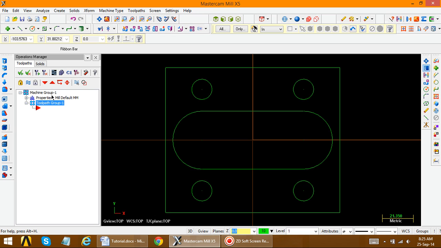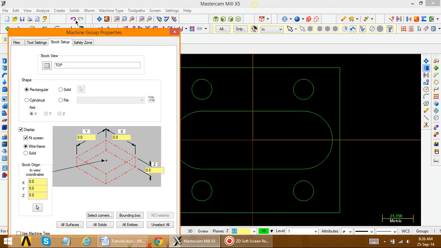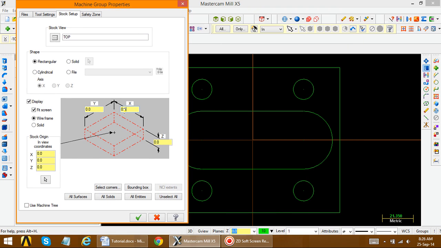Now we have to define the same procedure as we performed in a lathe. So perform stock setup. In stock setup, this is for Y, this is for X, and this is for Z. Our X coordinate is 120, but we provide 120 plus 5, that is 125, a 5 margin, give enter. Then Y is 100, suppose we give 105, enter. And Z is 30, so suppose we give again 35, enter.